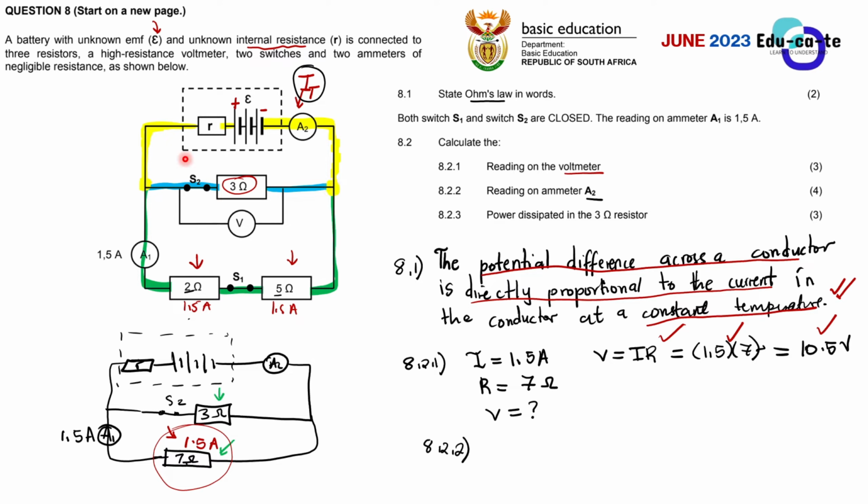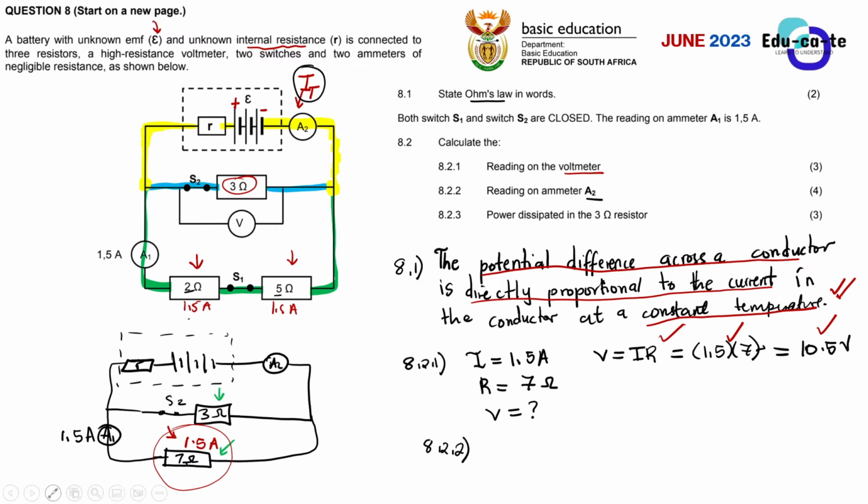It's like you had 100 rand, and you split the 100 rand between 2 people, and then those people take their money and recombine it. It will still form the 100 rand, and come back to the negative terminal, right? So this is how it works. When we're looking for the total current here, it means we're going to add the green current, the one through this 2 ohms and 5 ohms resistor, plus the current through the 3 ohms resistor. That will give us the total current.